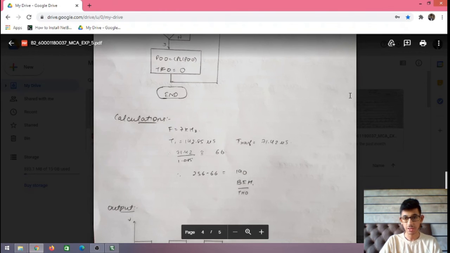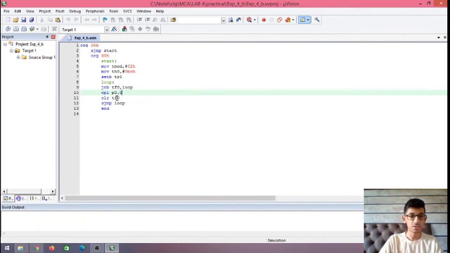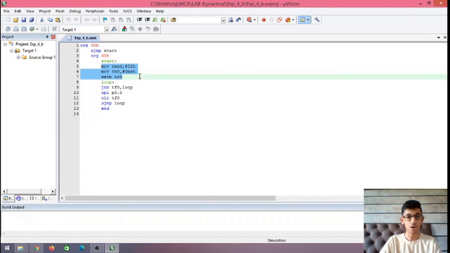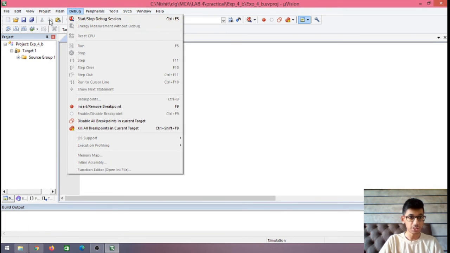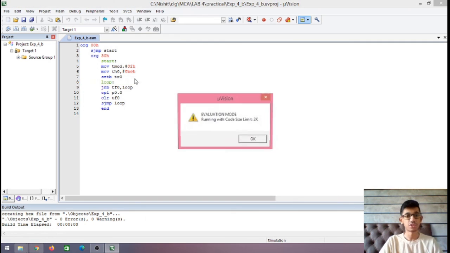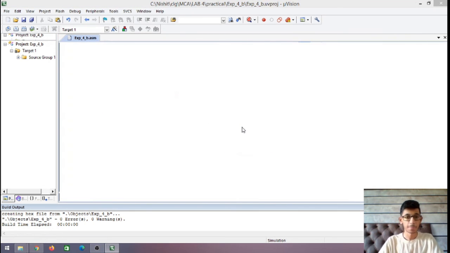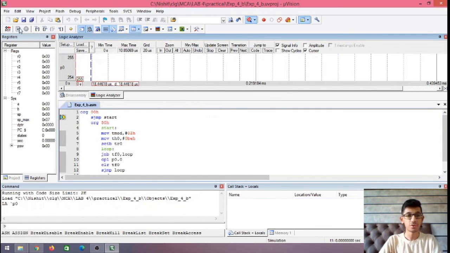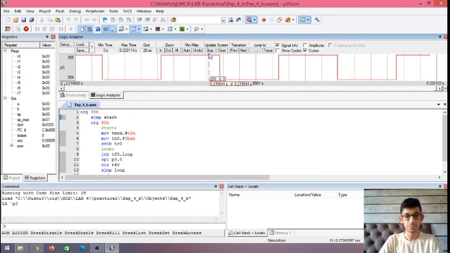We take this only, as there are no extra cycles which we need to count for this. We are not executing this part which we used to execute in the previous one. So here we should get the output without changing the value of TH. So the calculated value of TH and the actual value of TH will be the same.